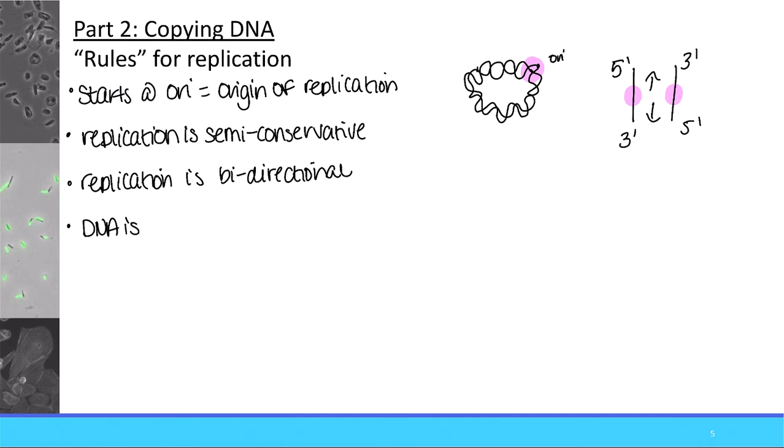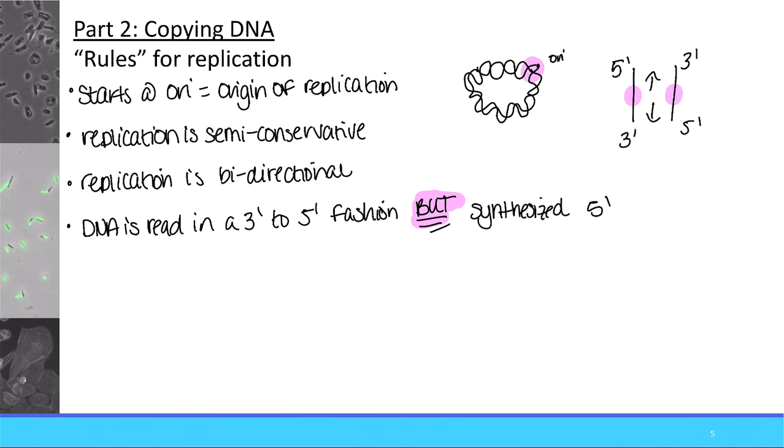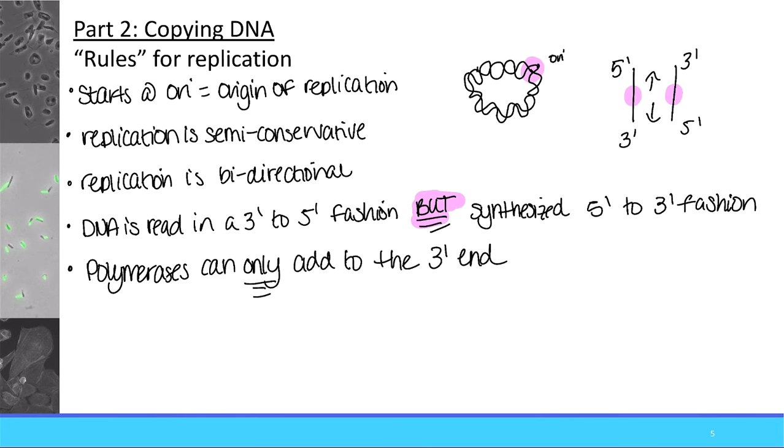And DNA is read in a 3' to 5' fashion. But, and this is a huge but here, when it is synthesized, it is synthesized in a 5' to 3' fashion. And the reason for that is that polymerases can only add to the 3' end. And so this is why keeping our 5' and our 3' straight is going to be really, really helpful for